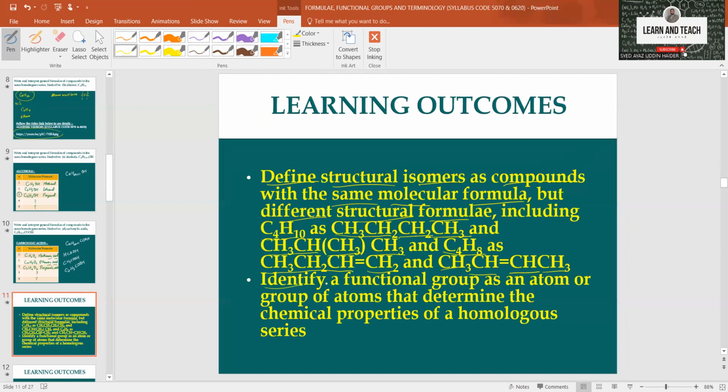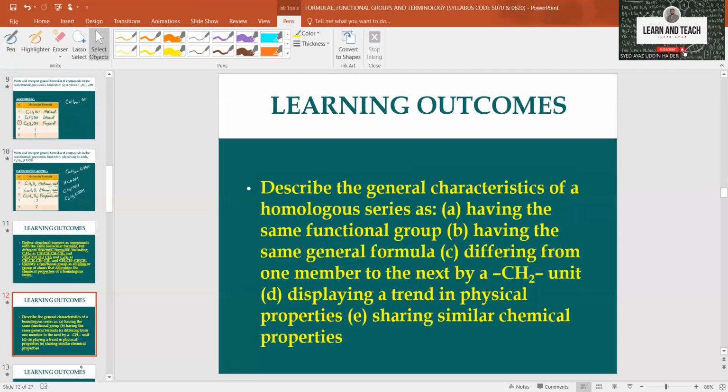Identify a functional group as an atom or group of atoms that determine the chemical properties of a homologous series. Describe the general characteristics of a homologous series as having the same functional group, having the same general formula, differing from one member